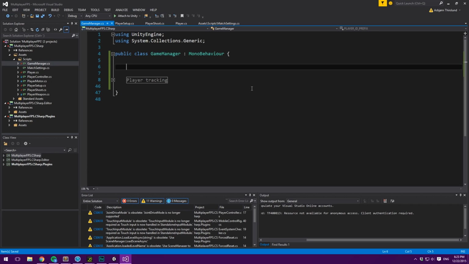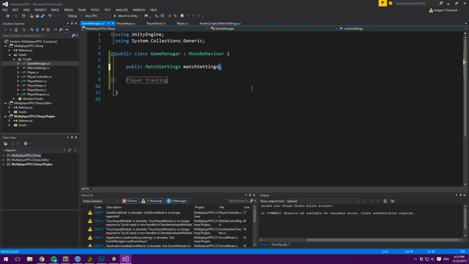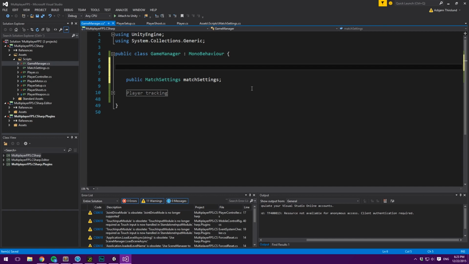So now we can create the other part of the game manager here, and it's going to store a public match settings, and it's just going to be called match settings here. We're going to be configuring this in the inspector, so I don't want to set it equal to something. And of course, the game manager here,